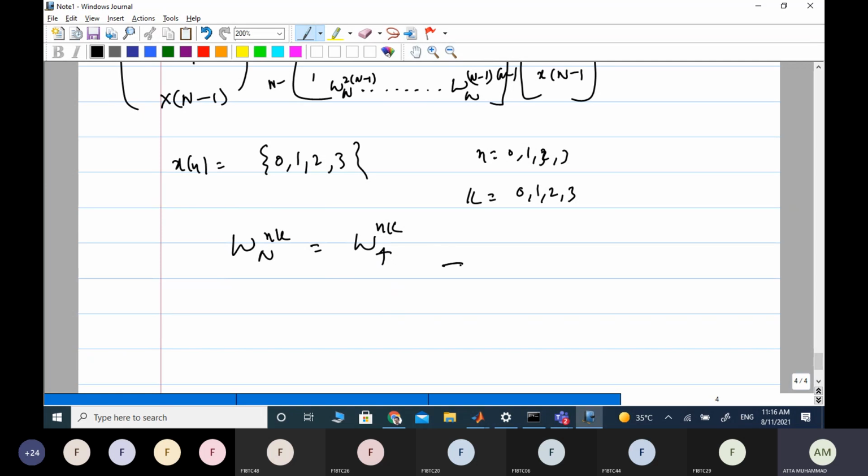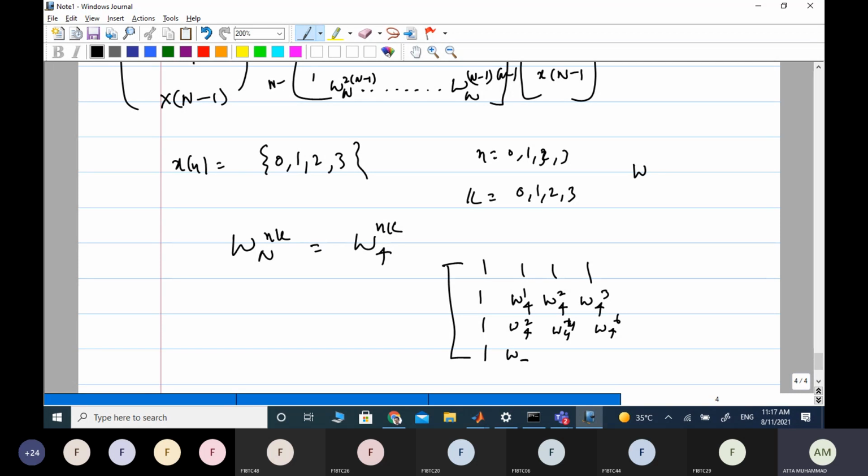So if we want to compute that matrix, then we have a matrix of length 4. The first column is 1, and the next column is W4 power 1, W4 power 2, W4 power 3, then W4 power 2, W4 power 3,